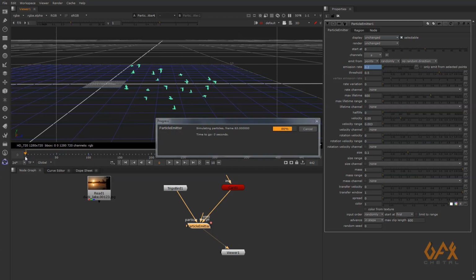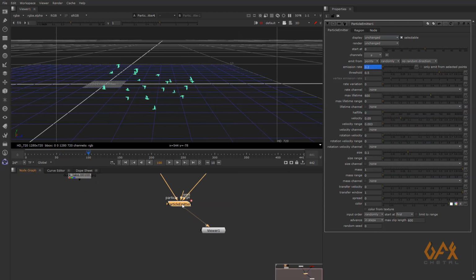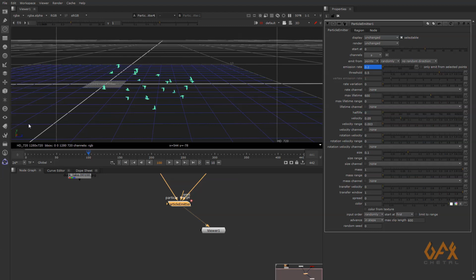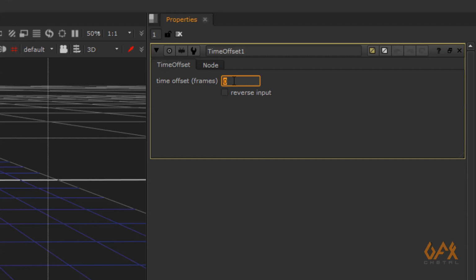So now if I play this, the problem is that here it stopped producing new particles, but still from here it generates particles. So to fix this, I select this particle emitter, go to time, and here time offset,